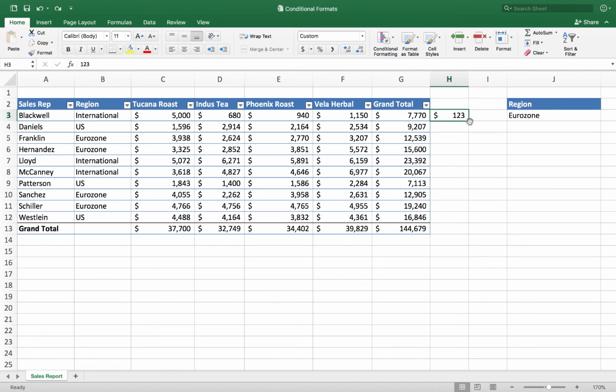I could just point at the fill handle and do it. Make sure you get the plus in the lower right corner. Just do a double click, and it just copies down. So you could do that with 1,000 rows or 5,000 rows. So for formulas or numbers you can do that, but for whatever reason it doesn't work with sparklines.